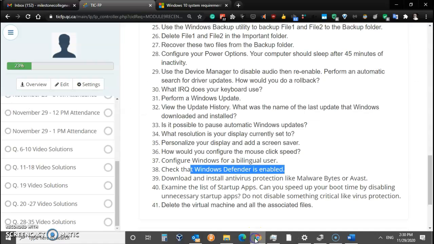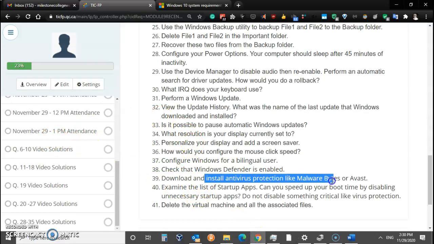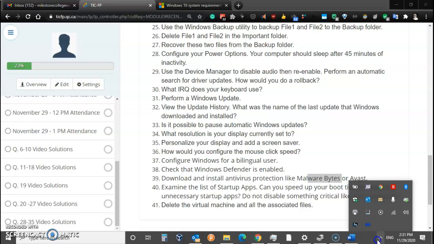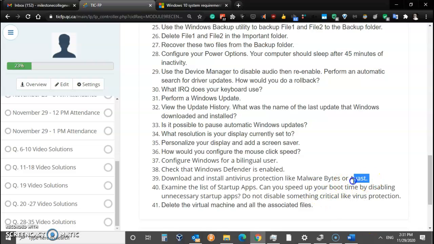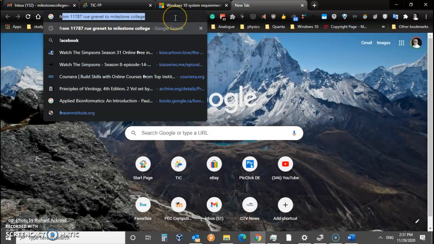And in the next question, download some additional antivirus protection. Windows Defender is good, but these ones here are even better. So Malwarebytes, that's a good option. That's what I'm currently using. I like that because it has a way of cleaning up your browser. Okay, and Avast. And if you're not sure, well, just come over here, type free